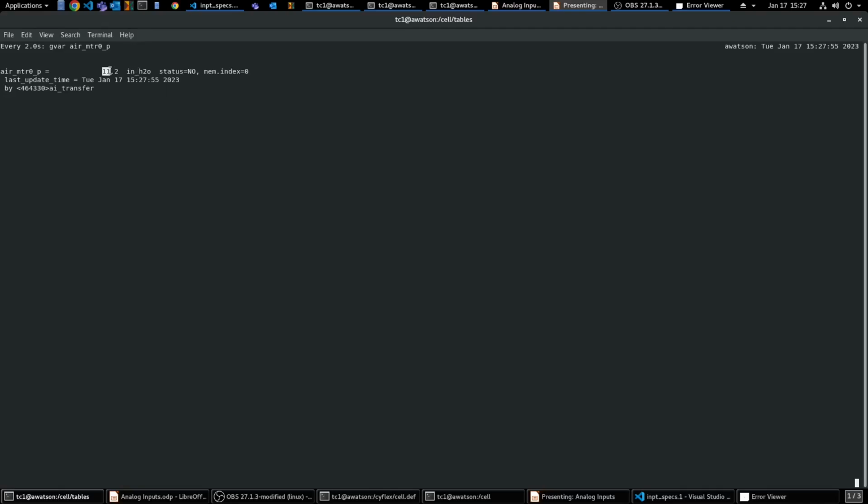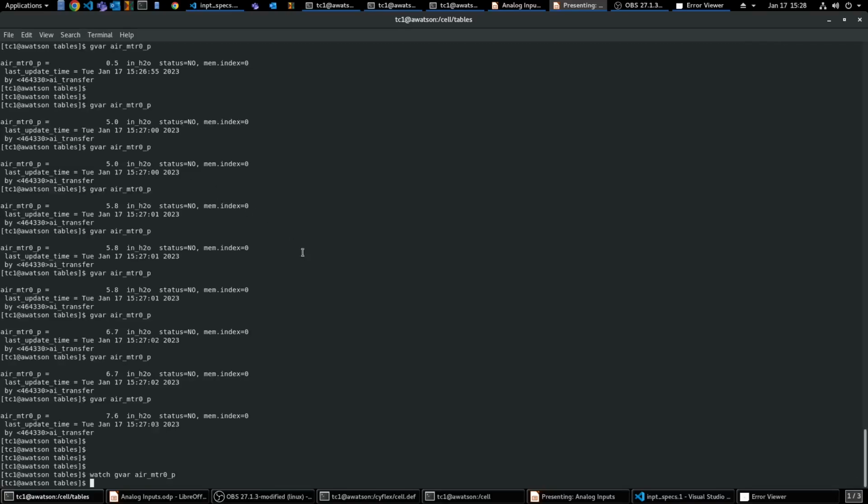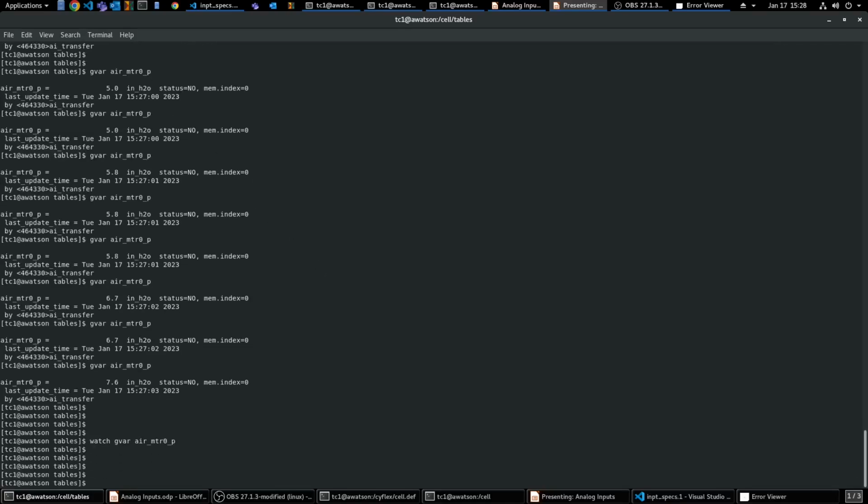Now, what if you don't see this updating, but you do see that AI transfer is updating it? Well, that could be a couple things. It could be that the raw value is not being updated. Or it could be that it's just not changing enough for you to notice. So a pressure transducer with a 0 to 10 volt output, you're always going to have a little bit of electrical noise. And depending on your calibration table or how much noise you have versus the span, you might not see this change at all, especially if you're not showing many decimal places. So a couple things you could do in that scenario. One,